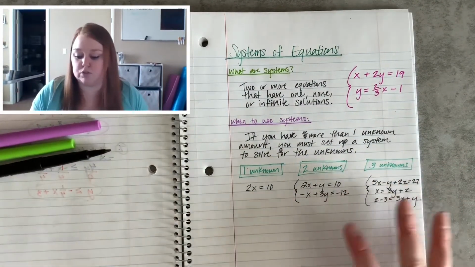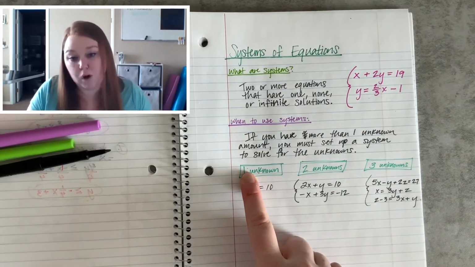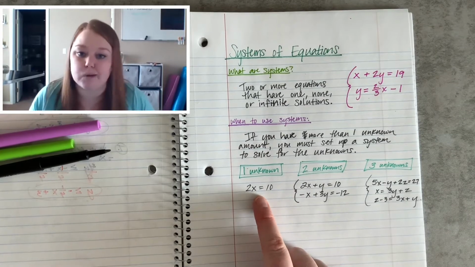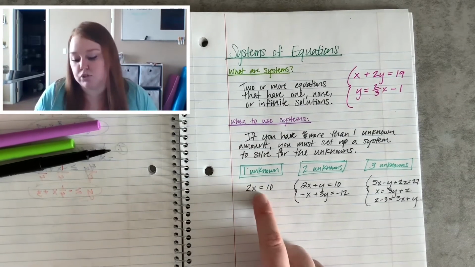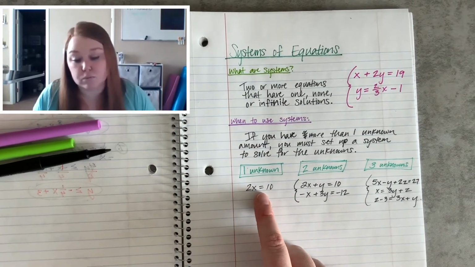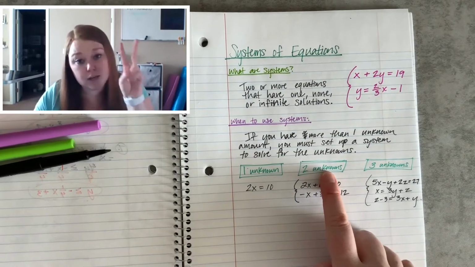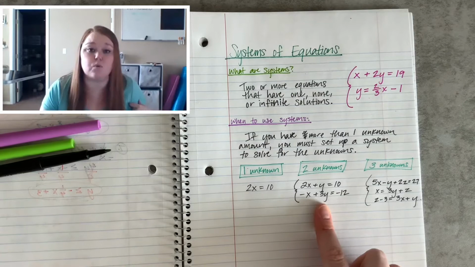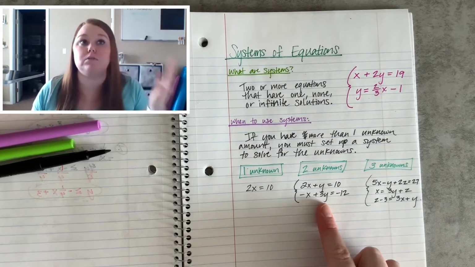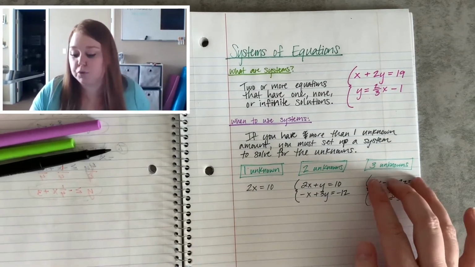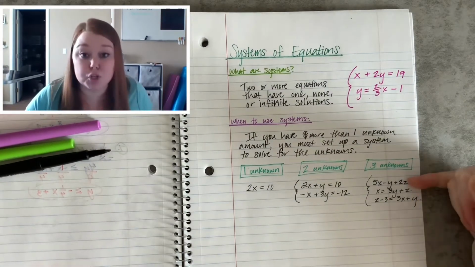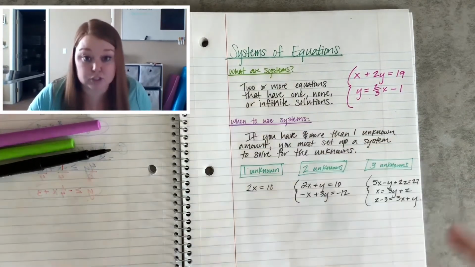So here's what I want you to really understand. If you have 1 unknown, that's not a system. That's just a regular equation. That's the type of equation you've been solving for years now, okay? If you have 2 unknown amounts, you have to set up a system in order to be able to solve for x and y. If you were to have 3 unknown amounts, you would have to have 3 equations in